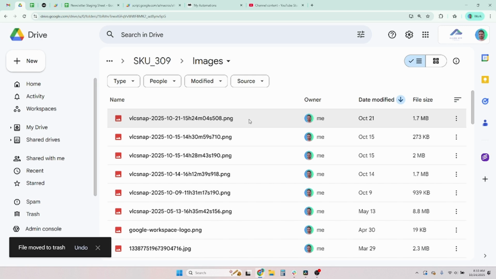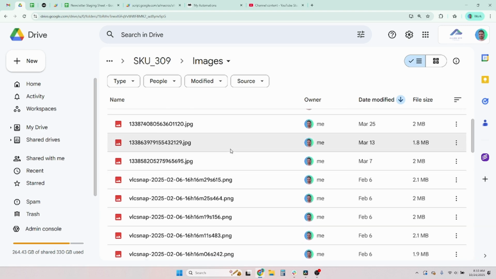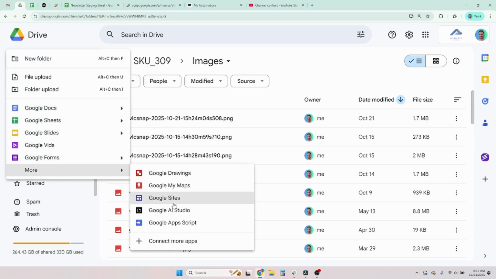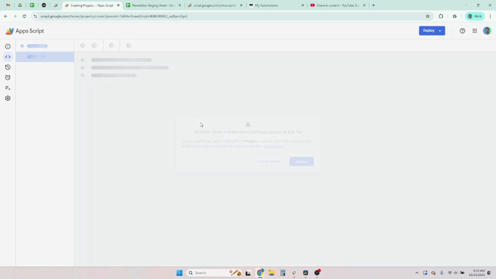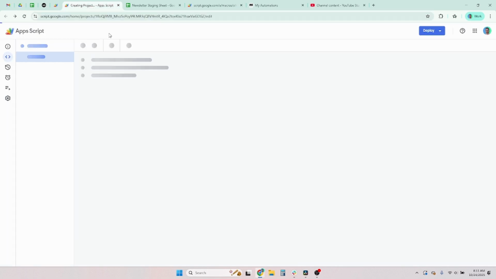Hey there, so I realized I need to rename a lot of images in a certain folder, and there is a bunch, and I don't want to do it manually. So I thought I would bring you along as I create an AppScript function, just a one-off function to do that inside of my folder. So the first thing I'm going to do is grab the folder ID,